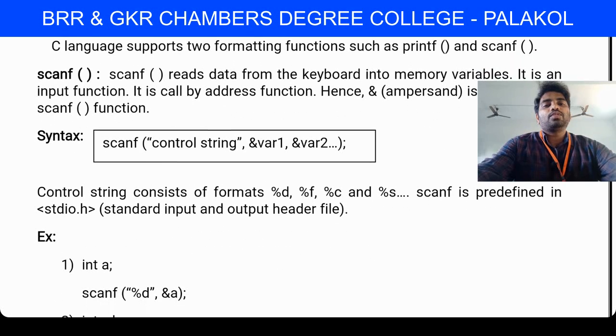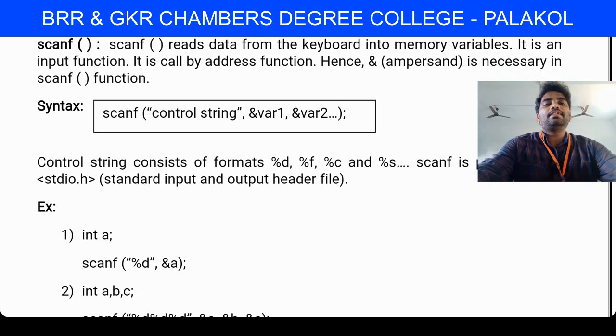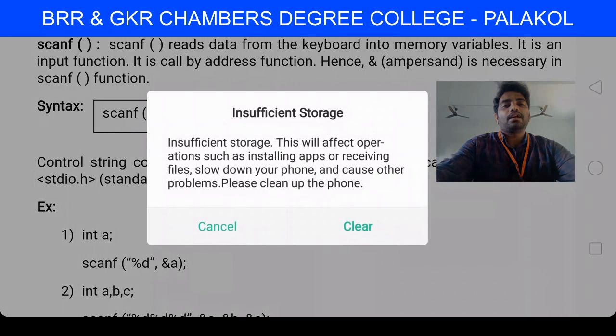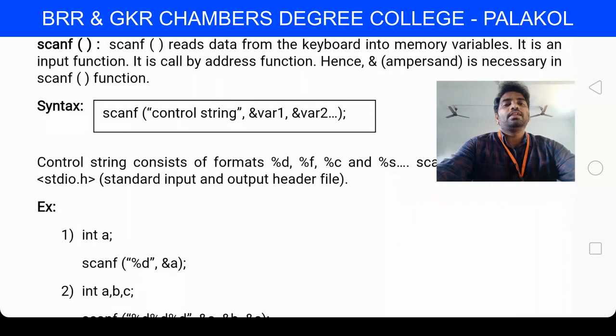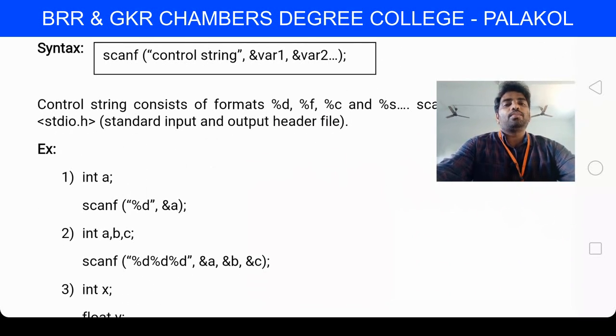First one, int a; a is the integer variable. You are using the controlling string %d. scanf("%d", &a); Okay, the address: suppose a is created, the memory allocation address is created here. Next, int a, b, c;